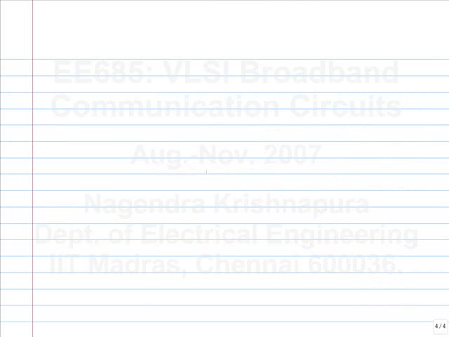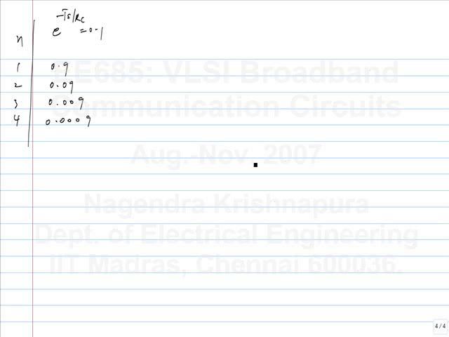Okay. So let's take a few more cases. First I take e to the minus Ts by RC to be 0.1. Instead of specifying the value of RC, I will do this because it's easy to calculate. So the first one is 0.1, the second one is 0.09, 0.0009 and so on. Let's say I take this to be 0.25. What happens? First one is 0.7, 0.1875 probably. The next one is approximately